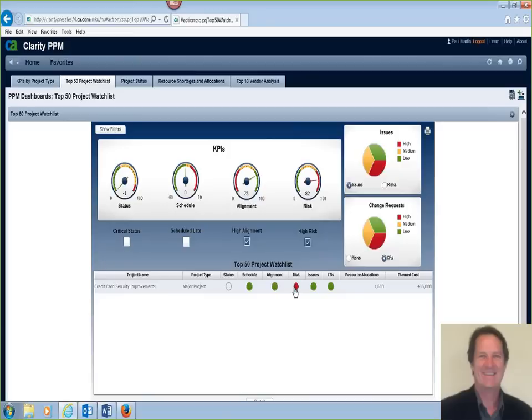Sure. We have a PPM maturity and assessment roadmap that allows you to quickly find out where your strengths and weaknesses are in your current organization, and lets you decide where you really need to focus your attention, and then based on that, build out a roadmap of when and how and in what order to build up your PPM maturity.